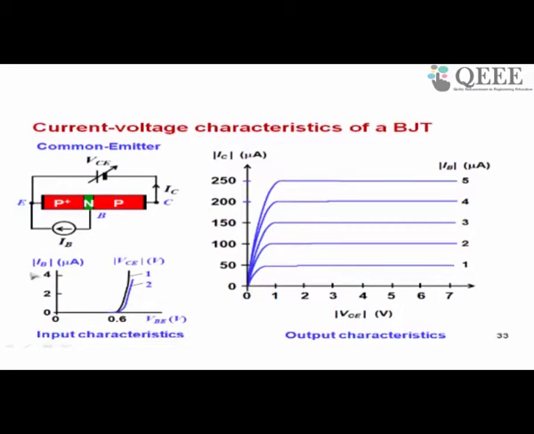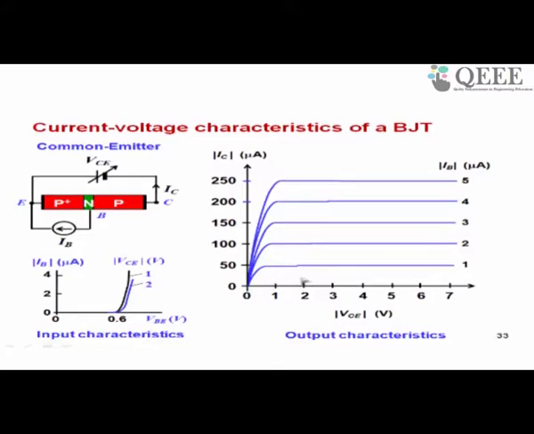So as a function of VBE, how does it look? It is like a diode, right? It is like diode characteristics, the cut-in voltage being close to 0.6. So first, before we start explaining any characteristics, we should first know what we are trying to explain. So that is what we are plotting here. We are going to explain these characteristics later. Right now we are only showing what type of characteristics we get.